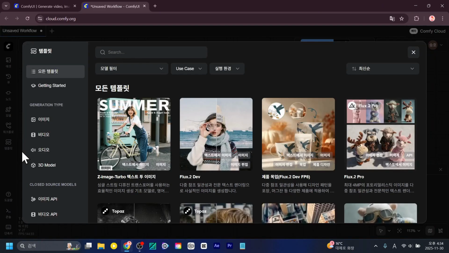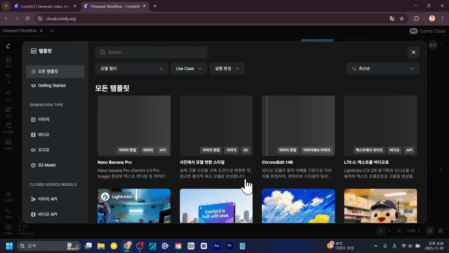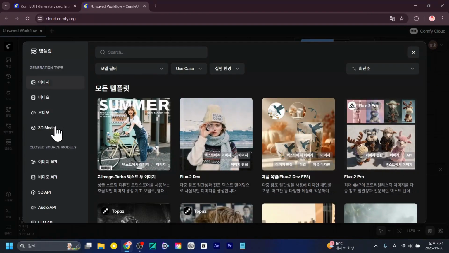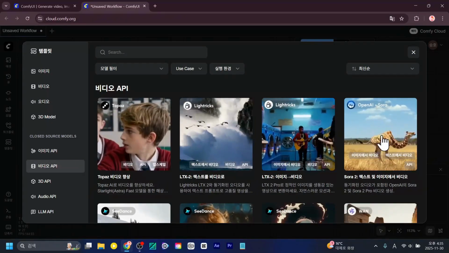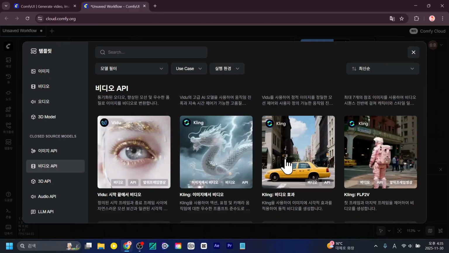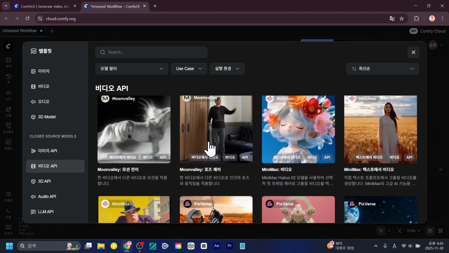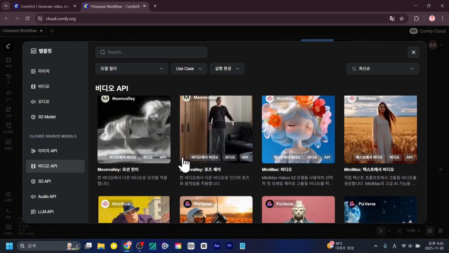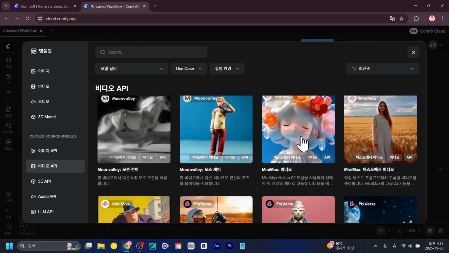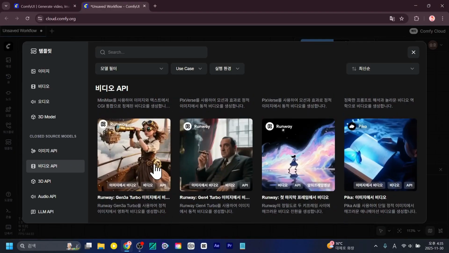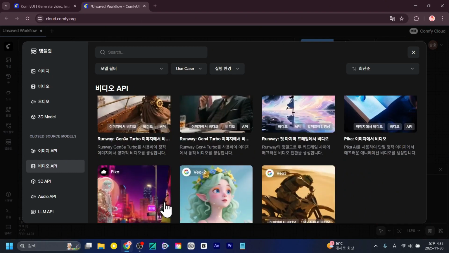Next is the template section. These templates are basic workflows provided by ComfyUI, either for study purposes or, for example, as Image API and Video API templates. If you provide a certain amount of credits, you can use features like cleaning up your work and more, thanks to the support these templates offer. So you can think of it as being able to use all other AI services with just ComfyUI alone. You see this, right? From Pixverse to Runway, there are a variety of options. So as long as an API is provided, you can use all of them.